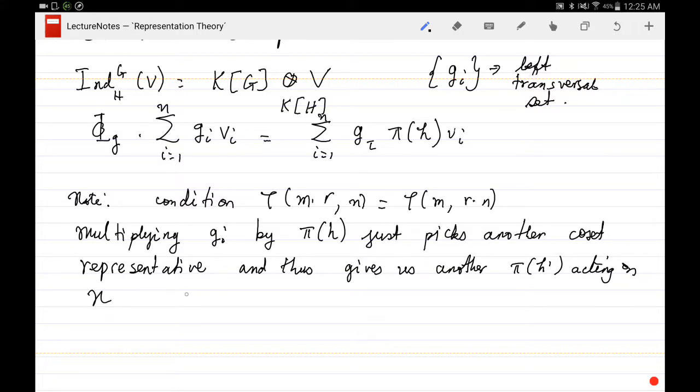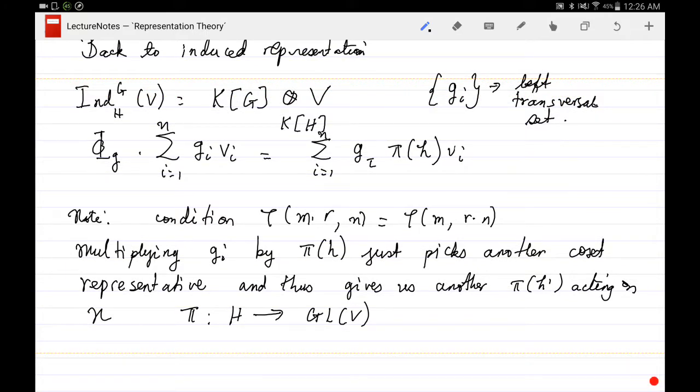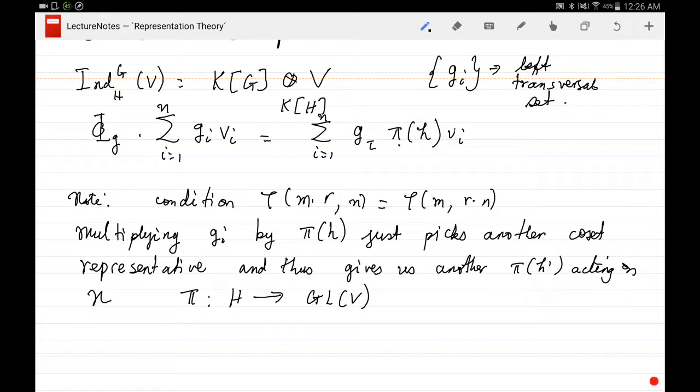So remember, pi is a representation that goes from H to GL(V). So in the original equation here, we had the pi(h) acting on the vector space,